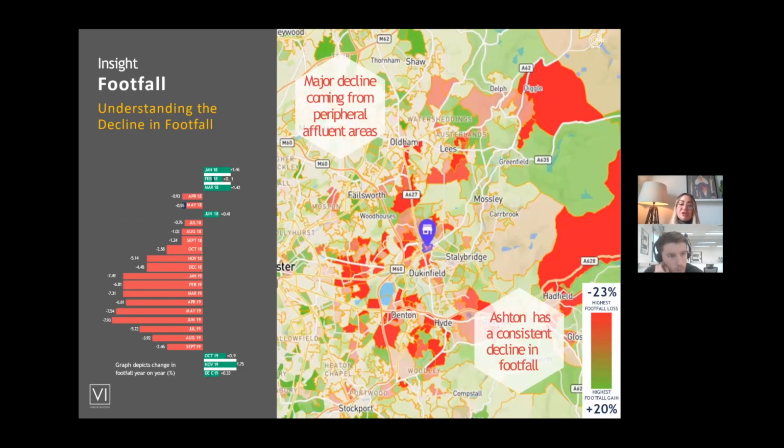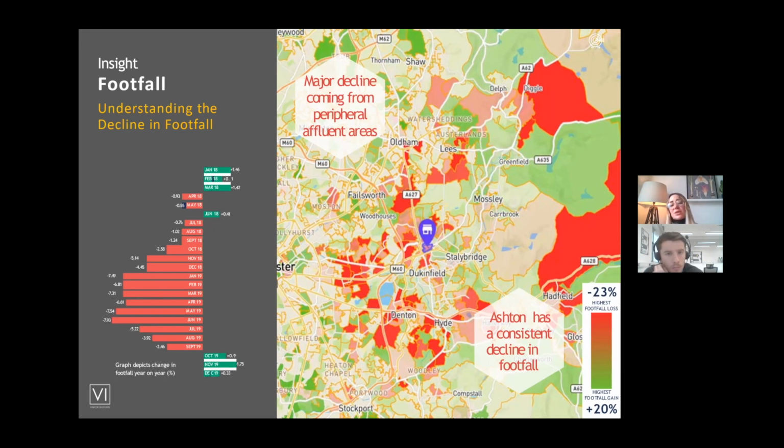So again, just to illustrate the point that I just made, footfall decline in Ashton. Why was there footfall decline in Ashton? One of the things that we've seen here when we map out some of those changes in catchments is that actually the majority of the decline, yes, comes from the locations that are nearer and in closer proximity to Manchester, but actually importantly, who are the people who live there? Actually, the major decline is coming from those areas that are slightly more affluent in terms of residents,